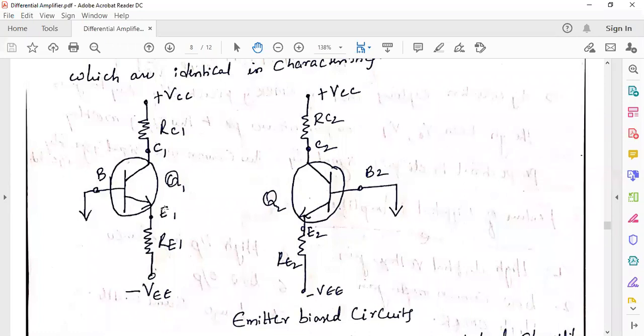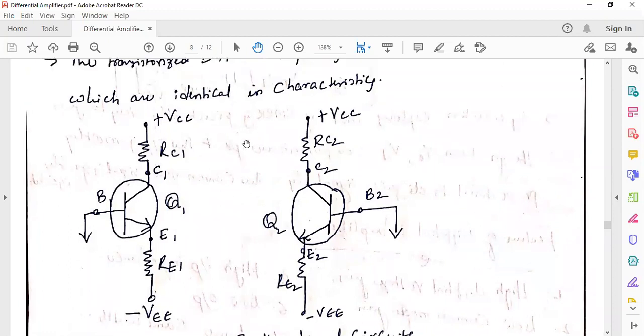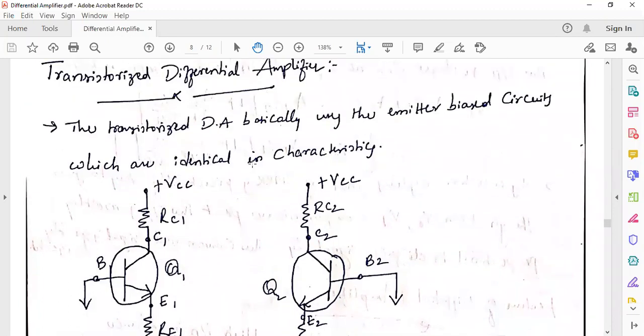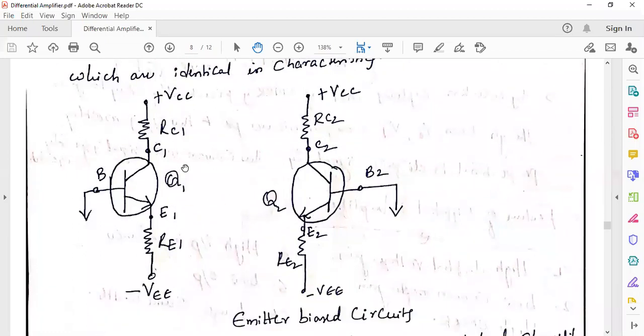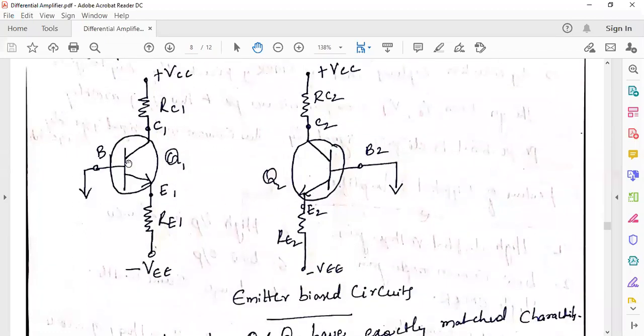First one, this is VCC and minus VEE, and Q1 is the first transistor and first emitter bias circuit, and Q2 and this circuit is the second emitter bias circuit. In order to design a differential amplifier, I am considering initially two emitter bias circuits. Okay,